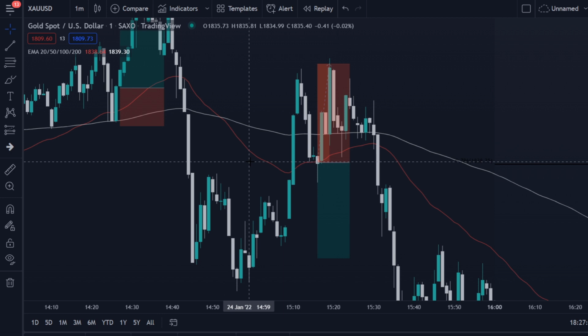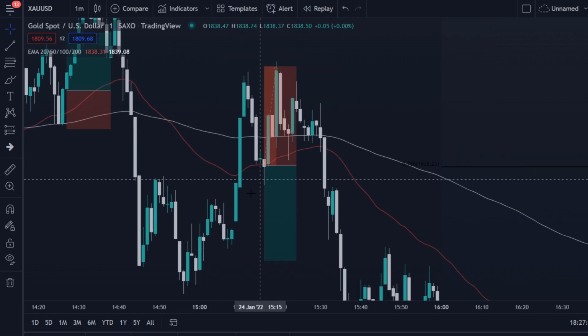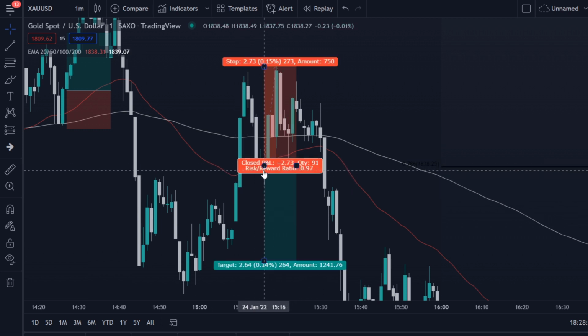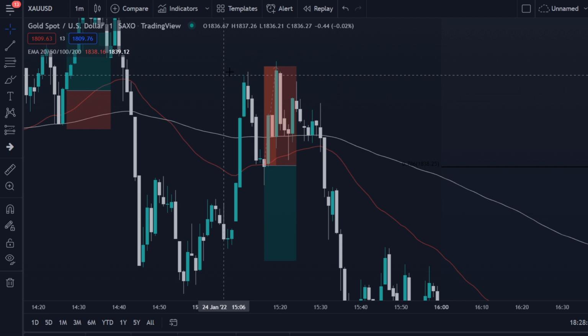Over here we see an example that didn't turn out well. Now we're only looking to take sell trades, right? Over here the price went to the upside. The 50 is still below the 200, so we're still looking for sell opportunities. It closes below the 50 over here. We take the sell, and